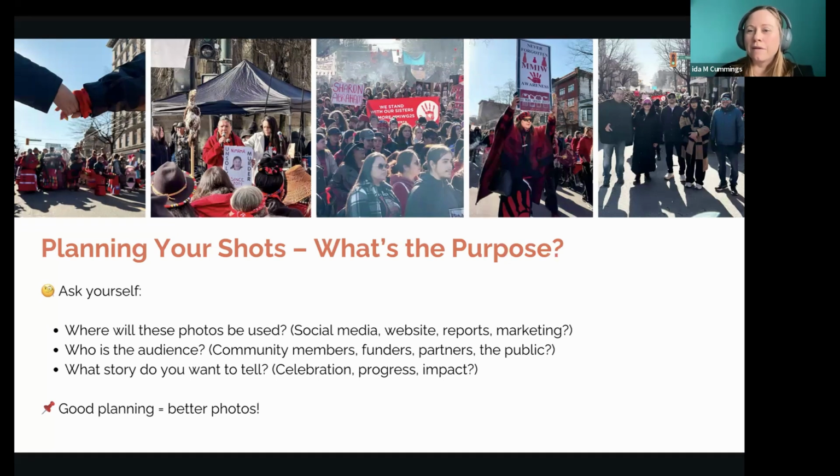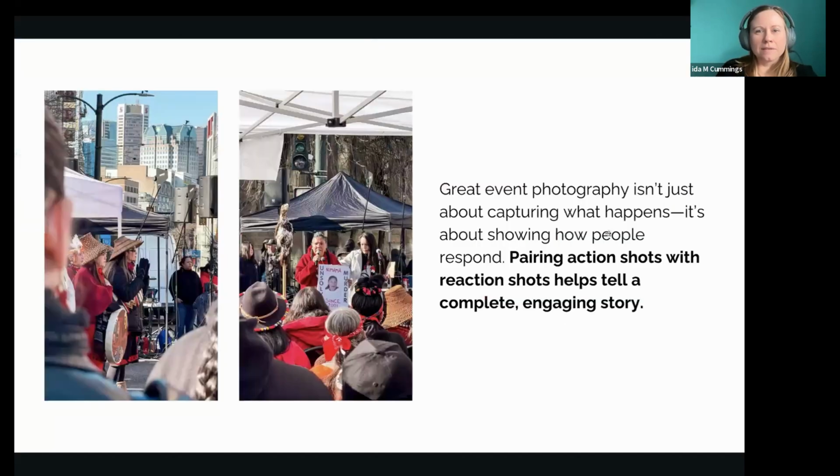And I told them as soon as we arrived, as soon as that march happens, you're going on that hill and we're getting this photo, because I knew that I wanted that shot with the people behind them. So the more you plan and start to think about it, the better it is.